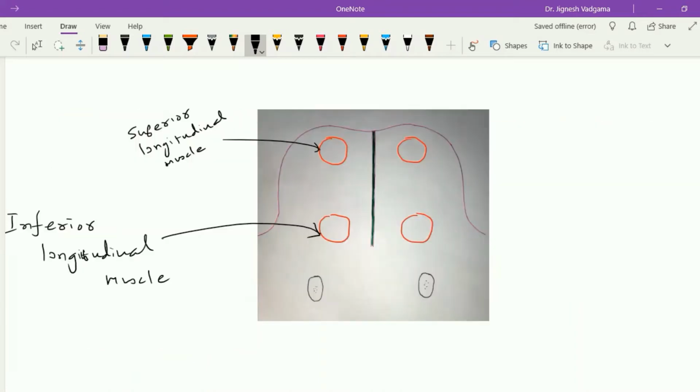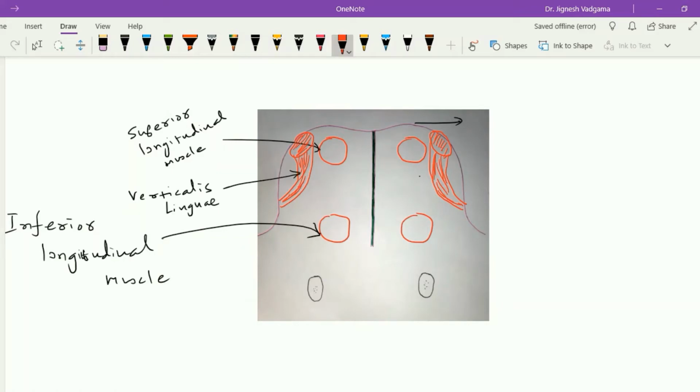Now when we see the verticalis linguae muscle, we have to see this muscle in the coronal section of the tongue, and these muscles get origin from the lamina propria of the dorsum of the tongue. So from somewhere here, this muscle arises from both sides, and these muscles, after passing through the genioglossus muscle, pass downward and attach to the side of the tongue. When this muscle contracts, it increases the width of the tongue from both sides as well as makes the dorsal surface concave from side to side.